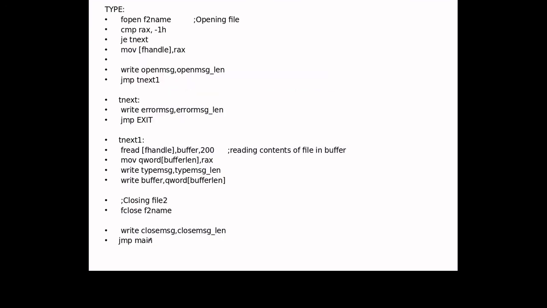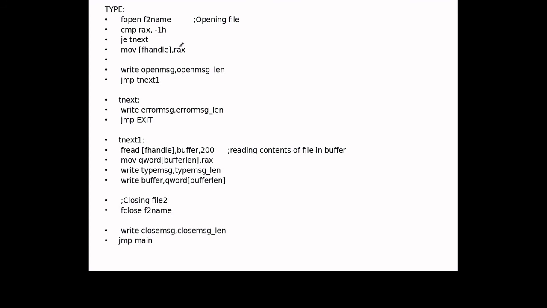Okay, then so here it is our type label. Now type is what? We are reading the content from second file and we are typing it onto the screen. Okay, so again the same thing, fopen with the f2 name, compare it with -1. If it is error, then RAX contains -1, then display that message, error message.